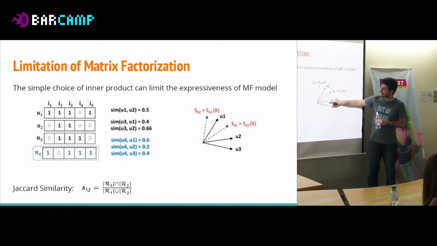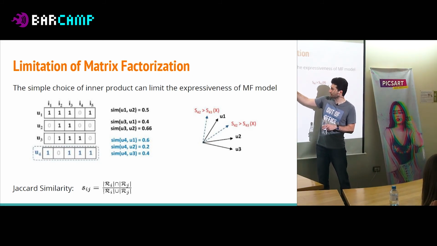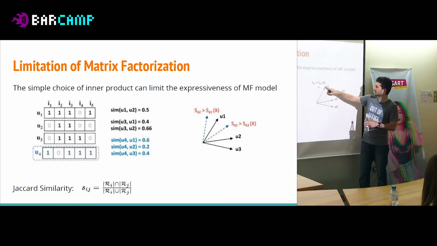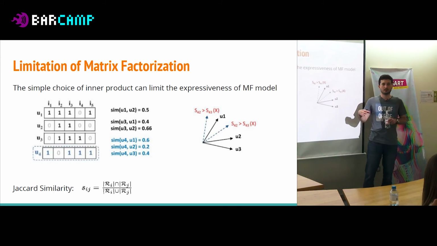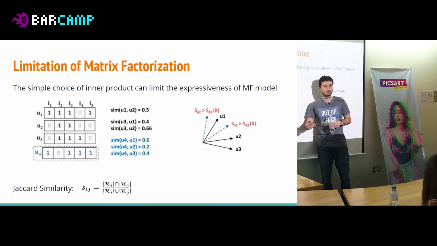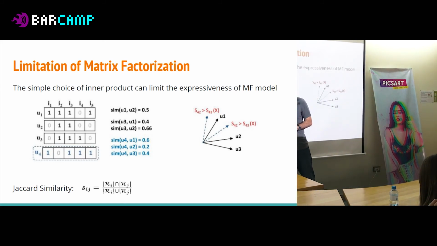And that is why the angle is small. User 1 is more similar to user 2 than to user 3. That is why we could place his vector somewhere here, because it is more similar to 2 and less similar to 3. The angle is bigger. So the idea is that we should be able to reconstruct the Jaccard similarity in the correct fashion in a linear way, by just these vectors and angles. But let us introduce the first user.